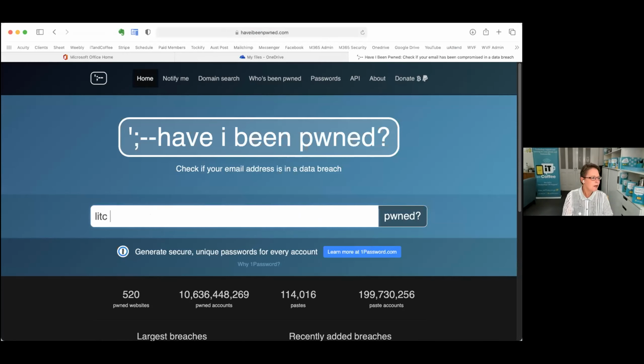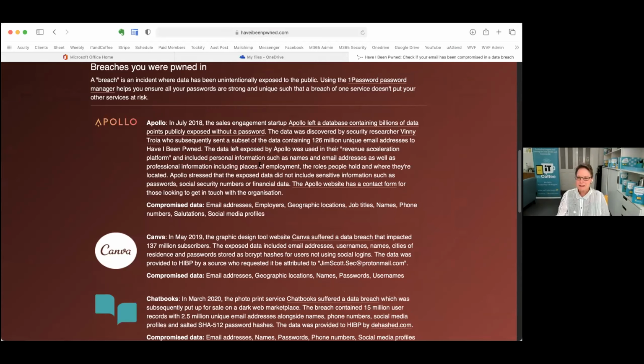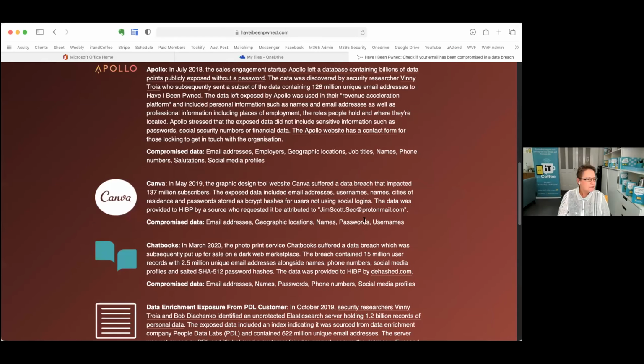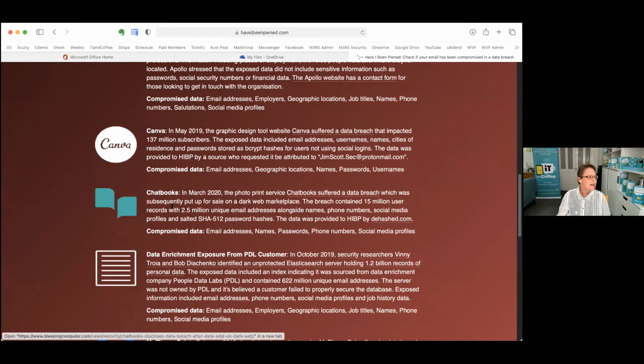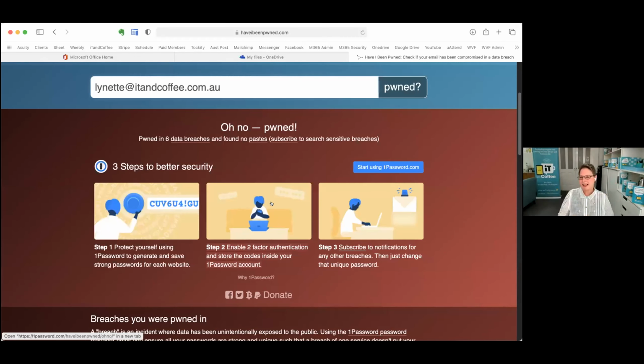If I do my email address, I'm not going to do it, the pressure of typing in a session. You can email me if you need me. That's my email address. Have I Been Pwned? Yep. So I have had my email address and probably password stolen from Canva. Oh yeah, that was passwords. They got hacked, got stolen. Chat books, MyFitnessPal. There's heaps out there where places have been hacked, and so your details have been stolen. And if you use that password across everything else,